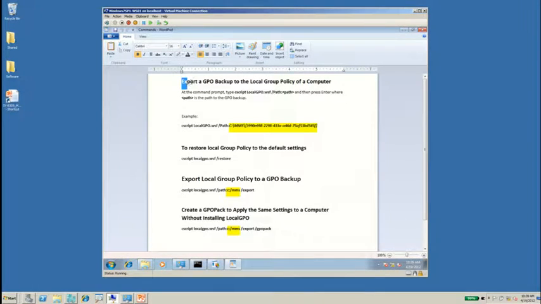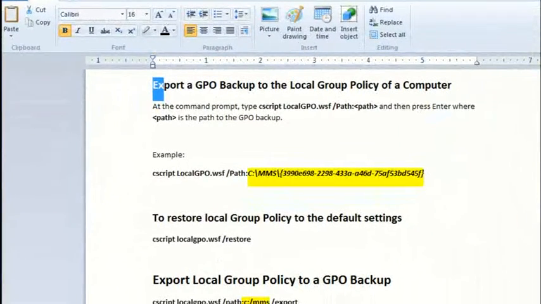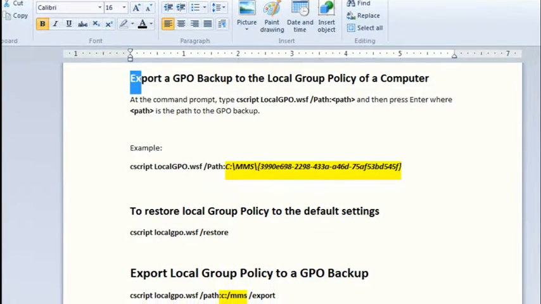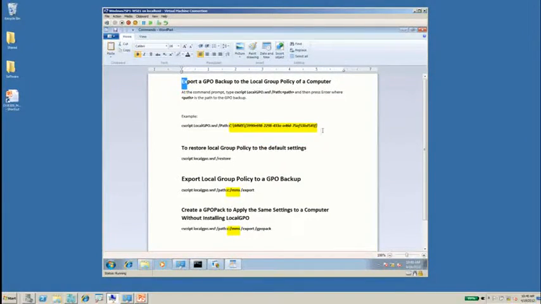The first example is to apply a GPO backup to the local group policy of a computer. Here's an example. You need to type cscript LocalGPO.wsf /path and the actual path of the folder where the GPO backup is located. You previously need to go to SCM and click Export, as Santos just showed us, and have your path for your local GPO. So if we copy this,